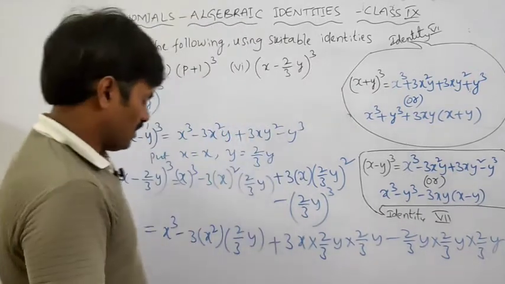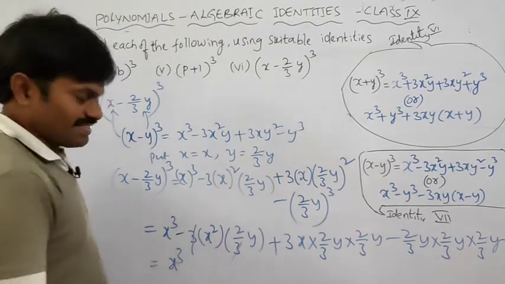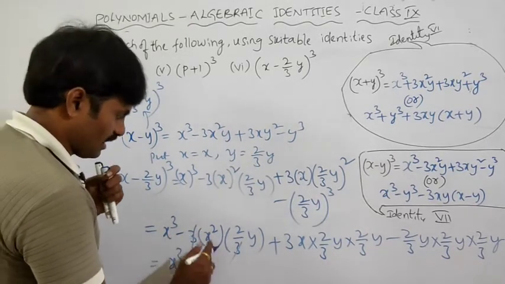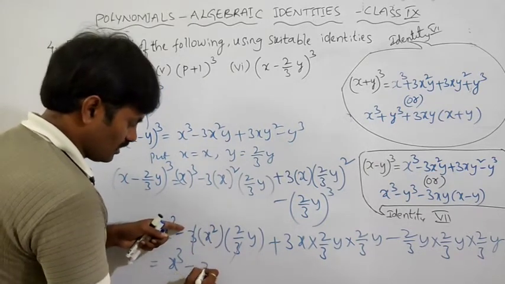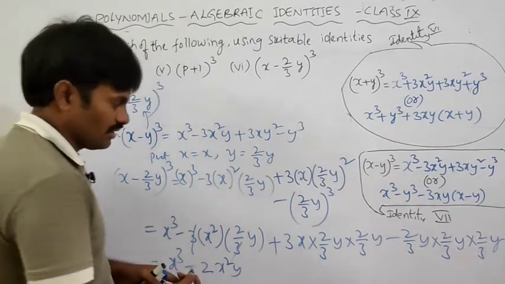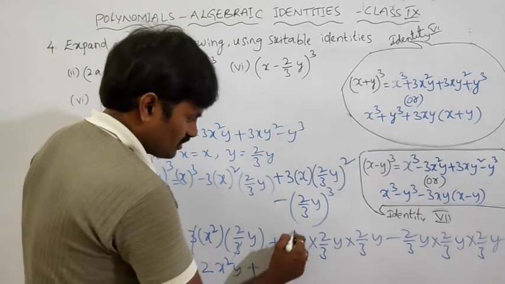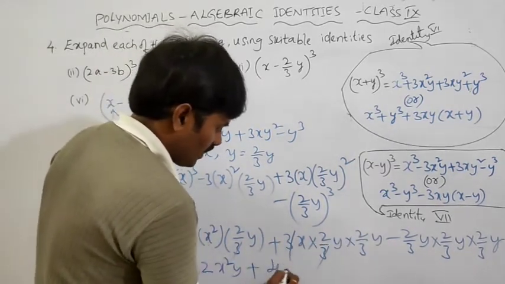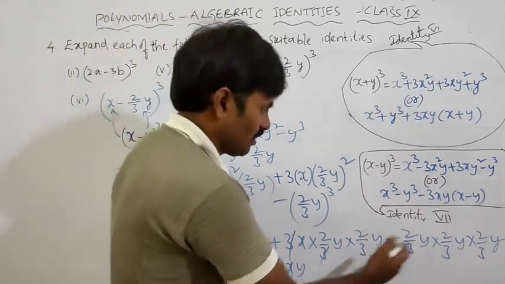Okay, now simplification: x cube. Here the 3 gets cancelled. Is it? Here all are positive terms, here is minus, and so minus. First, the numerical coefficient, if you observe, here is 2 only. So 2 x square into y, x square y. Okay, clear. Again here all are positive terms, so plus itself, 3 gets cancelled. Here 2 into 2 is 4, x into y, 4 x y square by 3. Okay, clear. Now this is the last term.